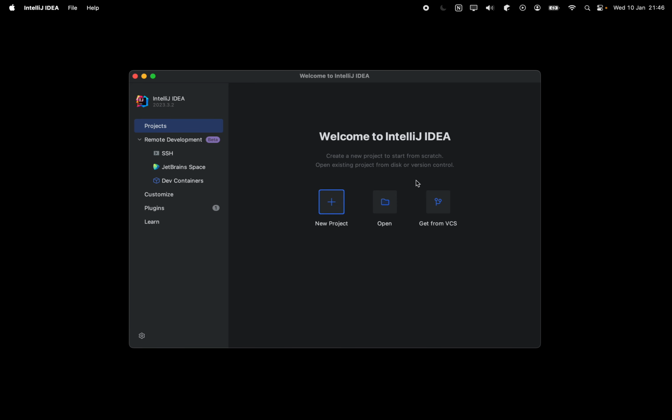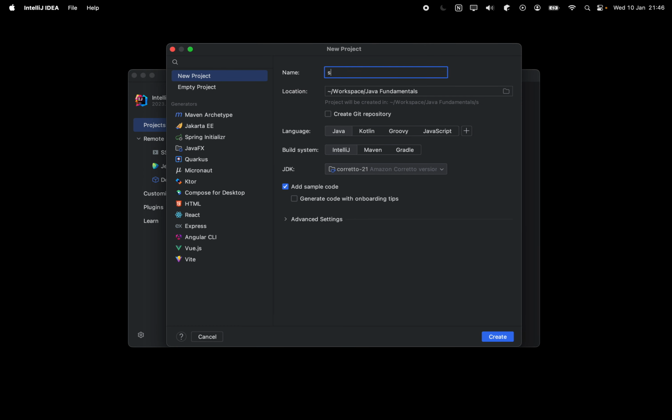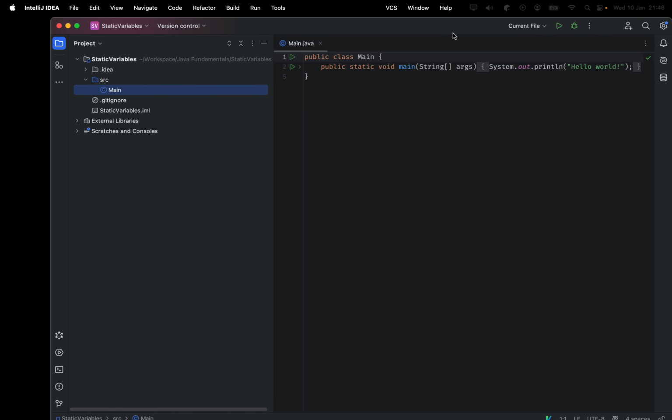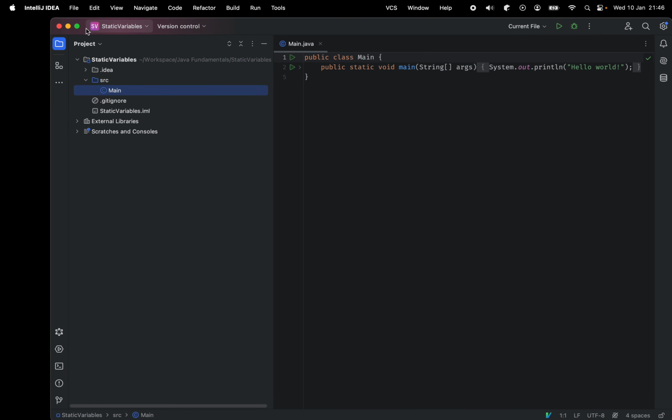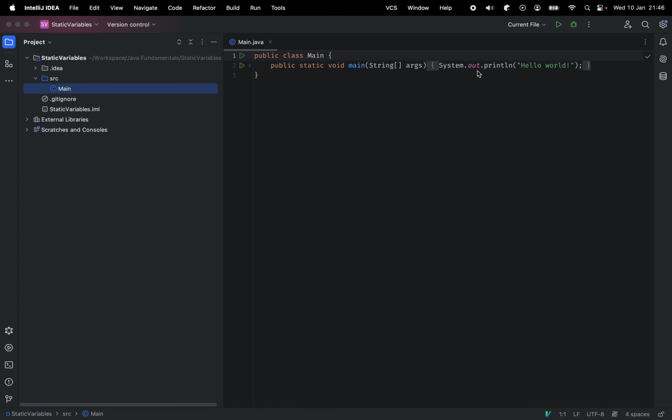Hello everybody, so now we are going to go over static variables in Java. So let's create a new project for this. Call it static variables. Okay. Let's press create. Make that full screen. I like to start these projects off from scratch just so that we can focus on the concept at hand